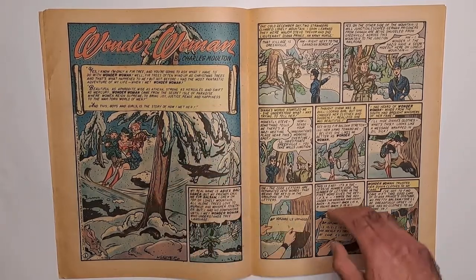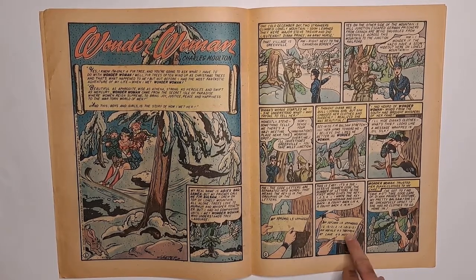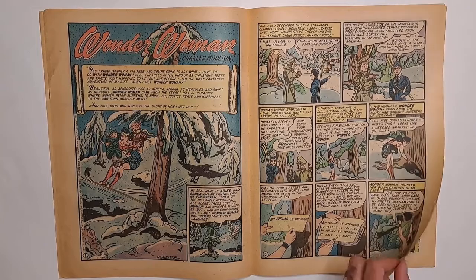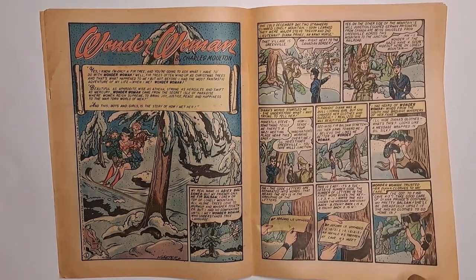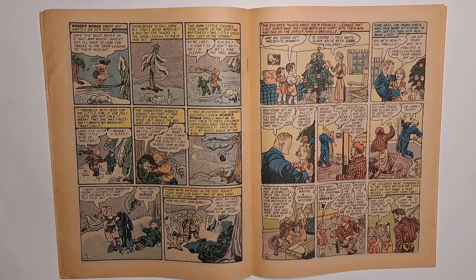Basically, this tree is telling you the story of what it sees everywhere, and it can see in all dimensions. So it could see all around it, so it knows what's going on in the forest. And this thing's a code that Germans are apparently sneaking into their rank and file. So anyhow, Wonder Woman's skiing around, and these kids have left home,